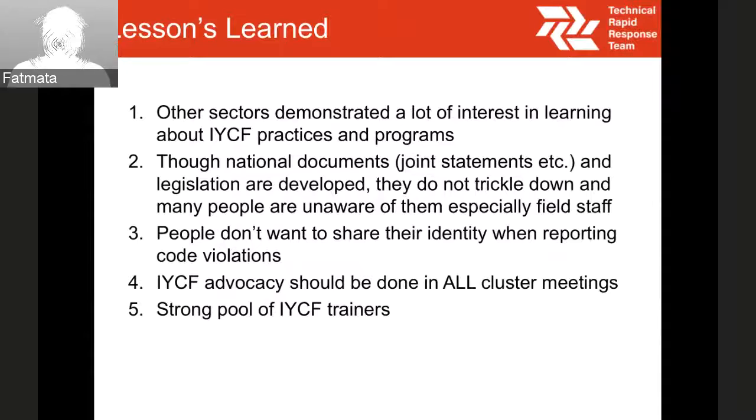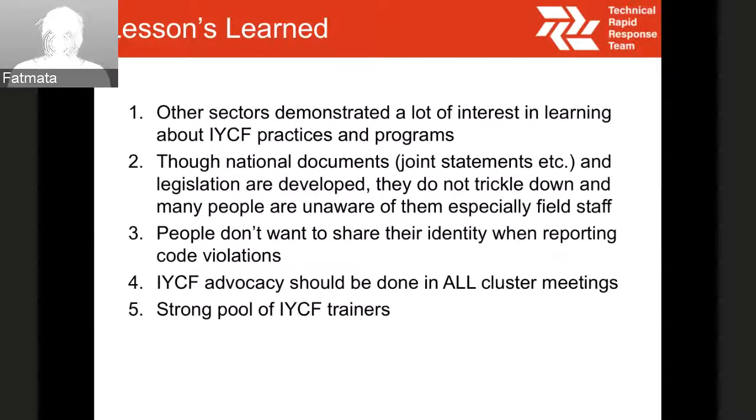Then another key lesson learned is that though national documents are available, like the joint statement, very few people during the sessions are aware of them, because these documents are developed at top level and don't necessarily trickle down, especially to the field staff.